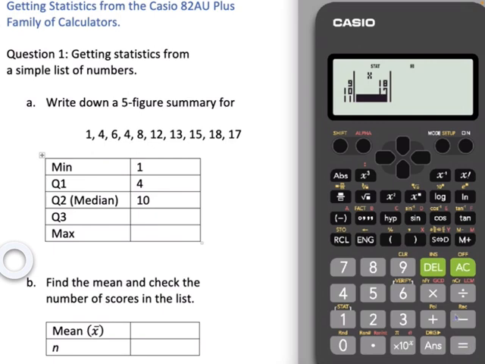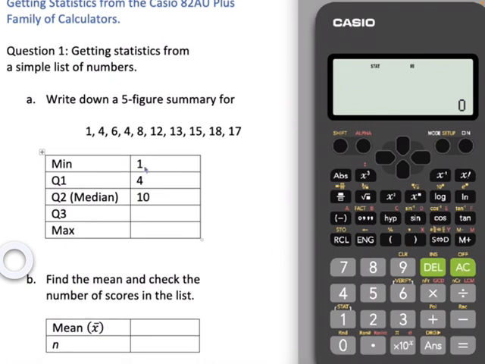Once all your data's in, press AC. It's not going anywhere. It'll be lurking in the background in our statistics register. So now we can find some statistics for our table here, the five-figure summary. To do that, I've already started some actually, but we press Shift 1,